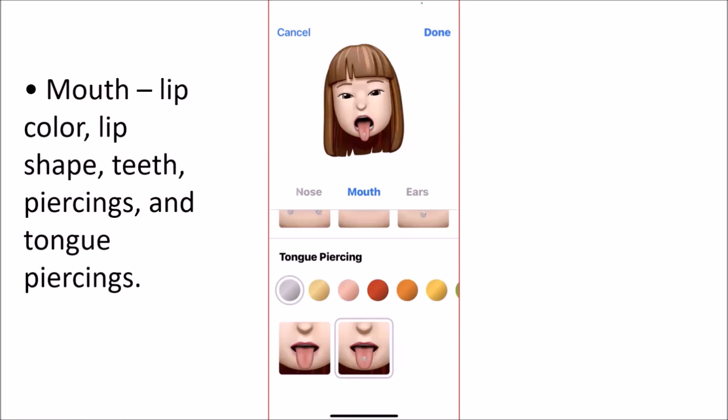Okay, so mouth, this is where you pick your lip color, your lip shape, your teeth. If you look at the options you have for teeth, if you have a gap between your front two teeth, they have that. Or if you want to have fangs, they have fangs. So there's lots of options there. And you also have piercings, and you also have a tongue piercing. And maybe your grandchildren would get a kick out of you having a tongue piercing. So just use your creativity and decide what you want there. And we'll go to the next one,